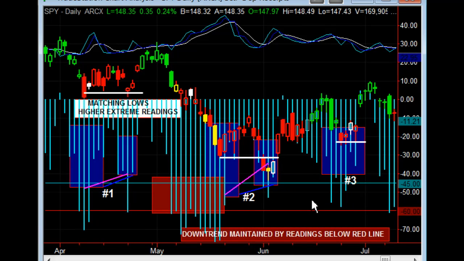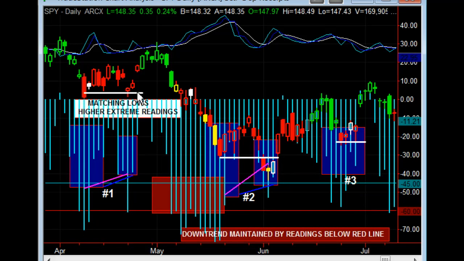So let's take a look at another little setup right here, which you'll find on another page of our move, where we get into divergences, and we also want to compare price. In this particular case, if I were looking at this and I had no price, I would be seeing that I have a higher extreme histogram reading, and yet I'm matching it with a lower price. And those become